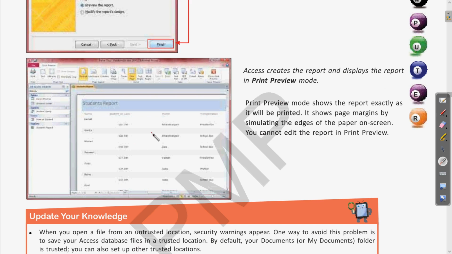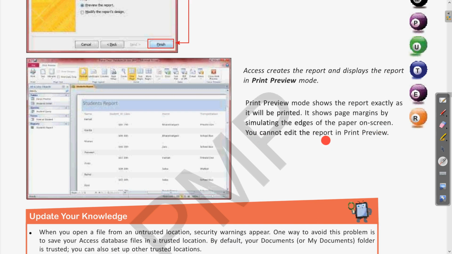Print preview mode means whatever the view will be when you print that page, the same will be displayed to you. So print preview mode shows the report exactly as it will be printed. It shows page margins by simulating the edges of the paper on the screen.